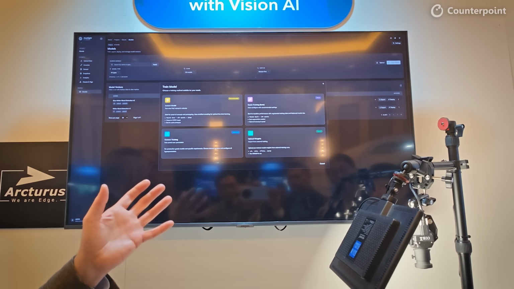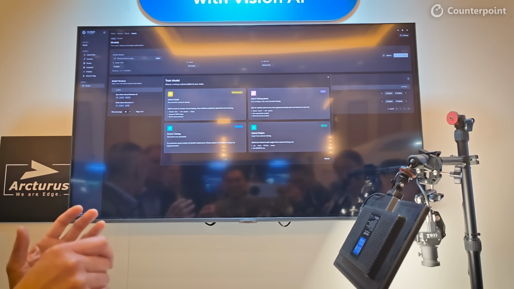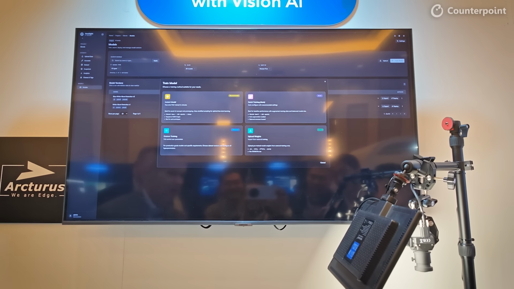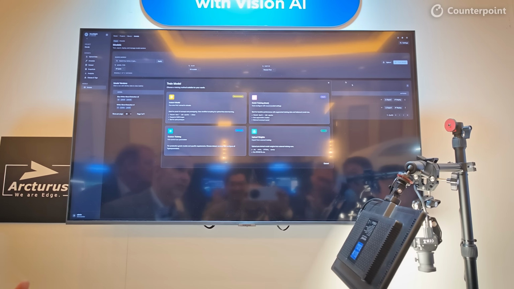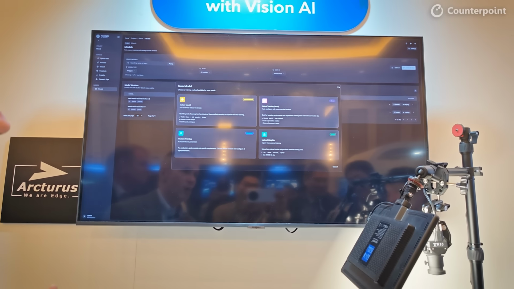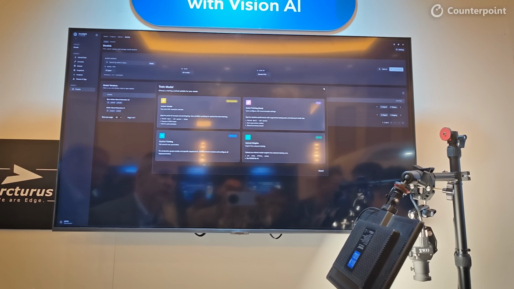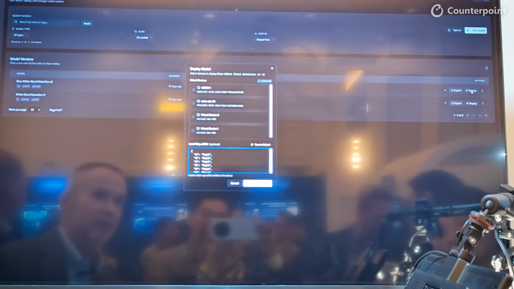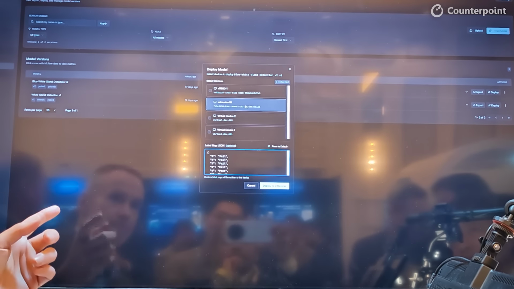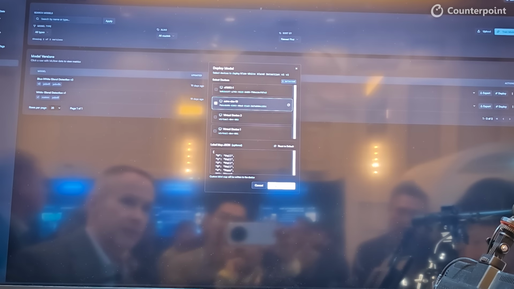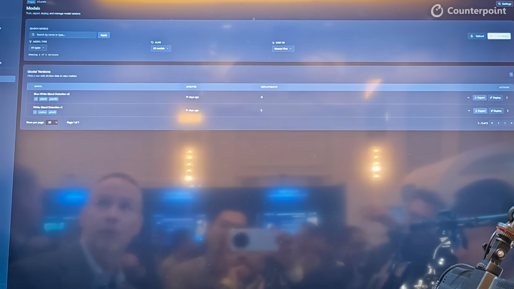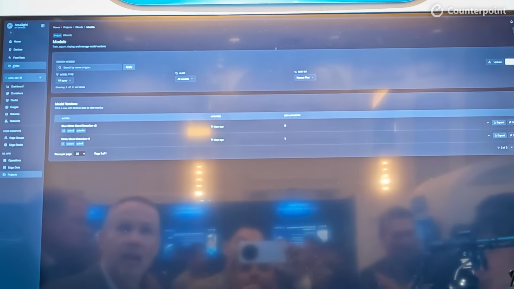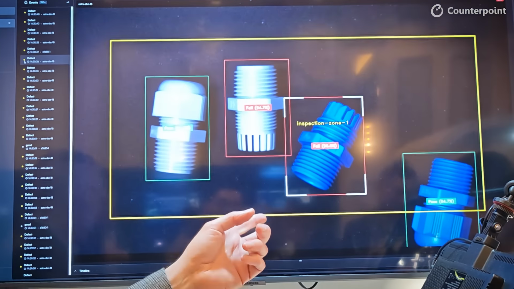So I'm not going to build a model because it'll be watching a progress bar for about 30 minutes, but I built one already. And I think this really helps to highlight one of the value propositions that Synaptics provides. So I'm just going to deploy this model to this device. And if I'm really fast, I can get back to my live video interface, and it's already updated the model